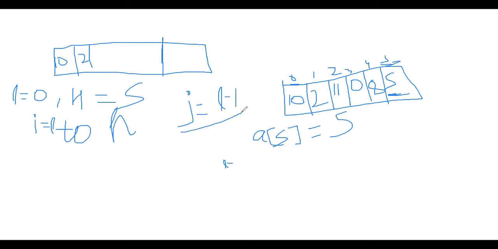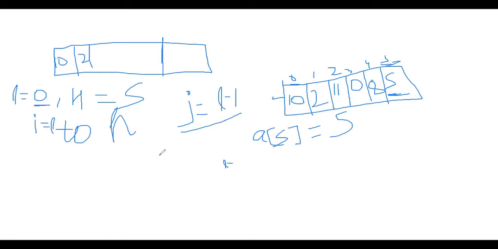In the beginning, we are looking for the most left side of the low. What will be the value of j? Low minus 1, na? What is the value of low? 0. So what is the value of j in the beginning? 0 minus 1, minus 1. It means we are looking at the lowest side, right? And then we are traversing from 0 to high.